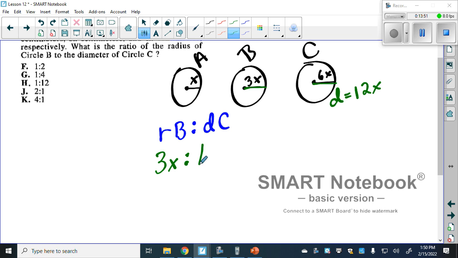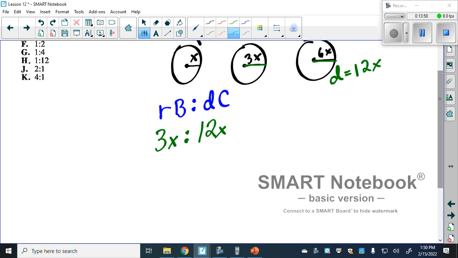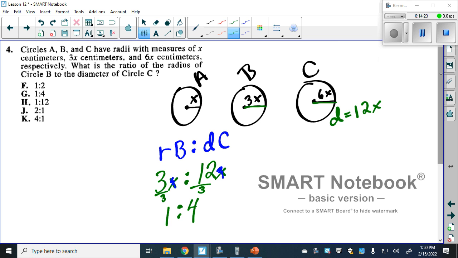So what we're comparing is 3x to 12x. Now both of these do have an x, yes? So we can simplify that out. Really, we're getting rid of the x. So we do have a common factor that we can simplify out. And if we divide each of these by 3, well, 3 divided by 3 is? 12 divided by 3 is? 4. So the answer would be